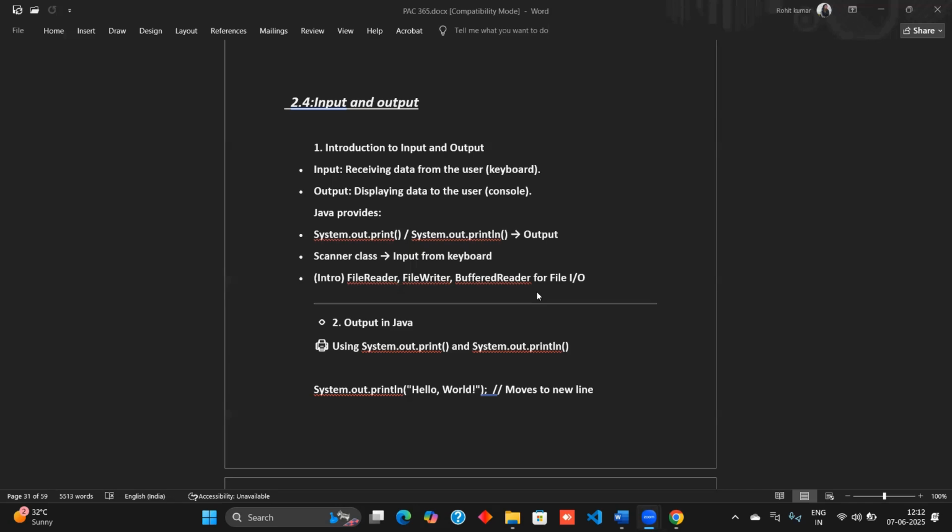Now through the Scanner class we can make input, and that can be done with the help of the keyboard. And for file input, we would use FileReader and BufferedReader for making input from a file. Now coming further, for output in Java, we use